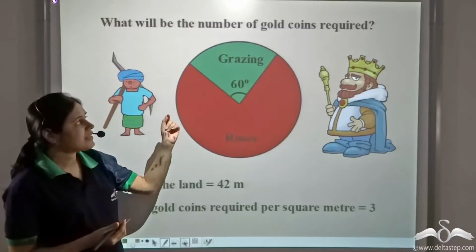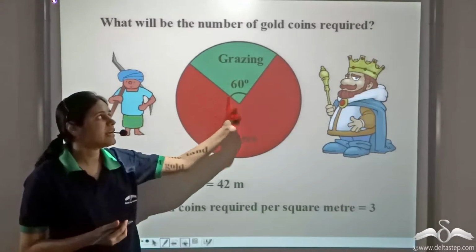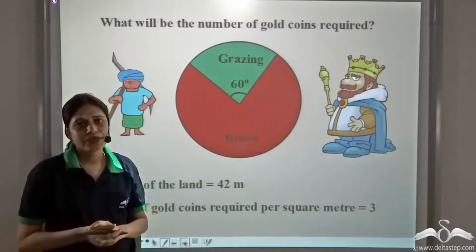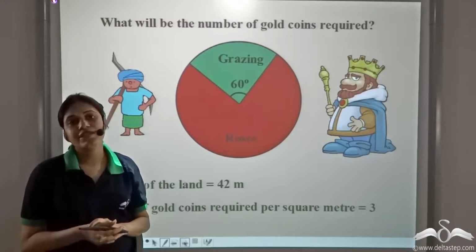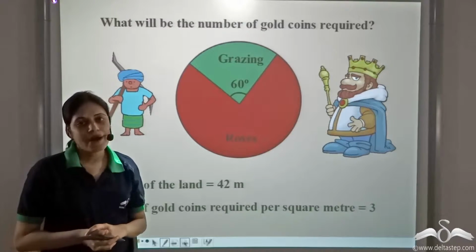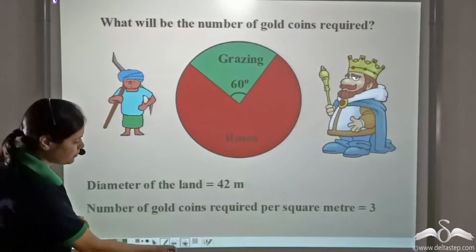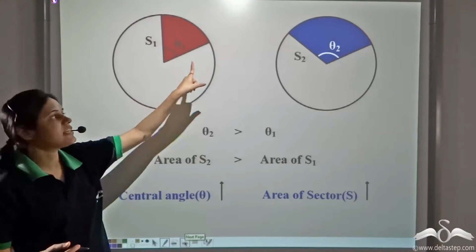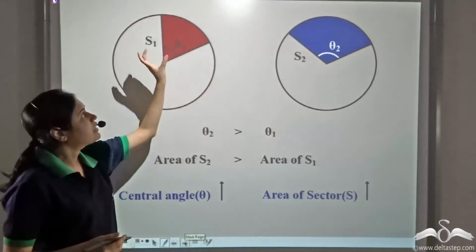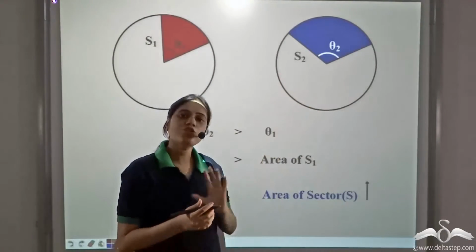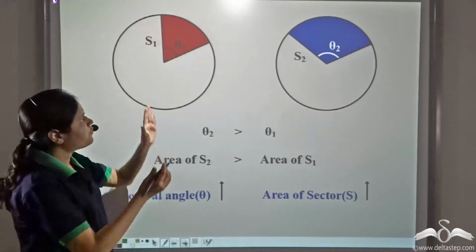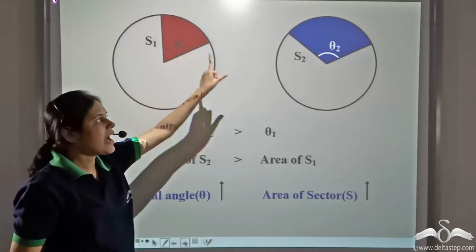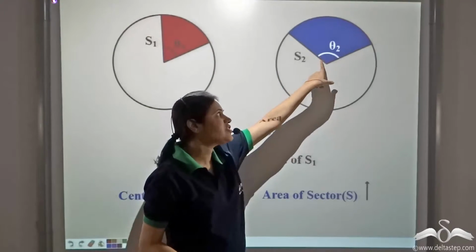Well, that is, he needs to find the area of this sector with central angle 60 degree, and he did not know how to find the area of a sector. But he was a smart gardener. He observed that as the central angle increases, the area of the sector also increases. So if we consider this sector S1 with central angle theta 1 and this sector S2 with central angle theta 2,